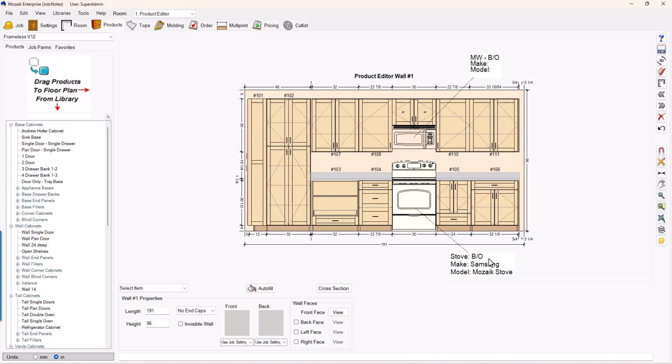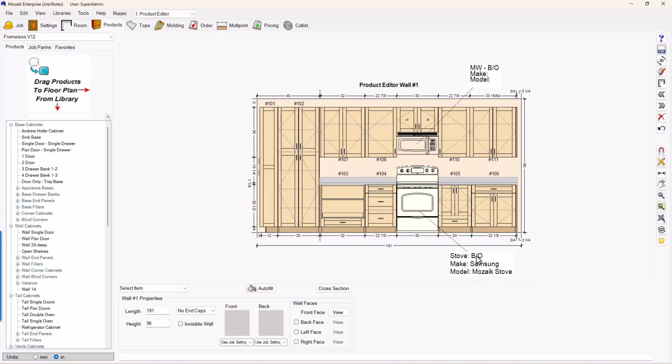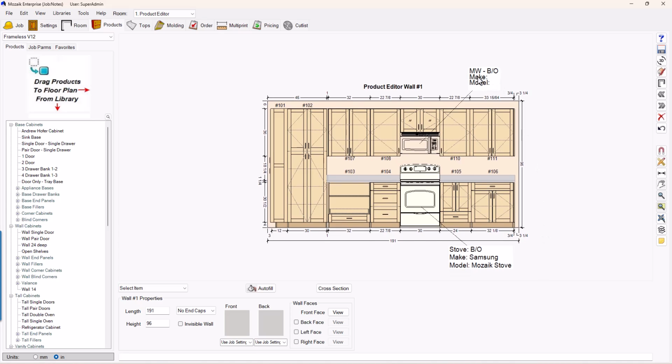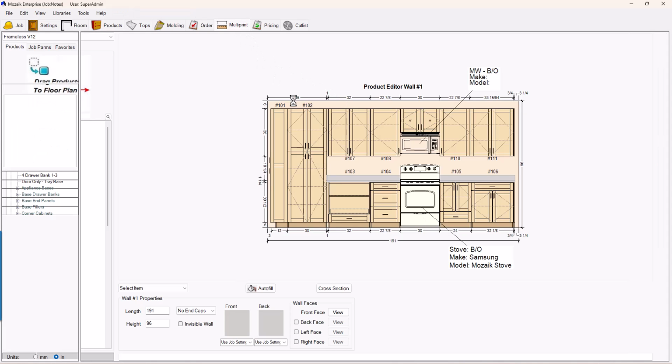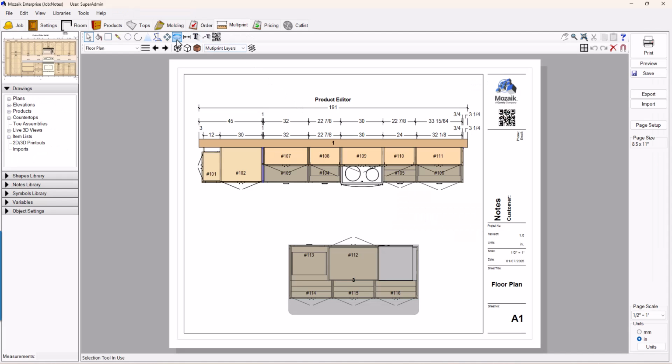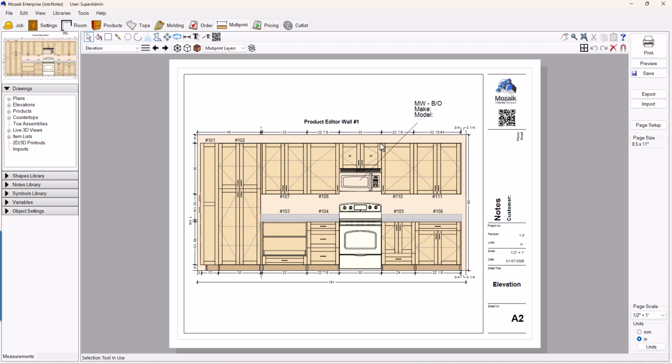Another thing you can do is you can right click on the note. Once it's placed on the drawing surface, you can delete the note if you would like, and you can uncheck the Show When Printed. Let me uncheck that. Now with this note not being checked, you see you have your make and model number for your microwave as well as your stove. Let's go to Multi-Print, and let's go to the elevation view I have here, and you